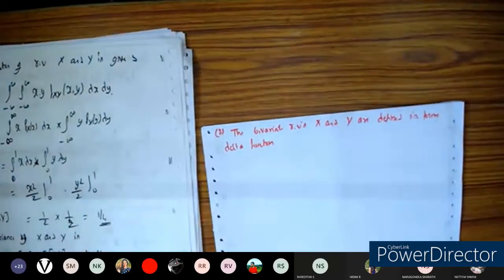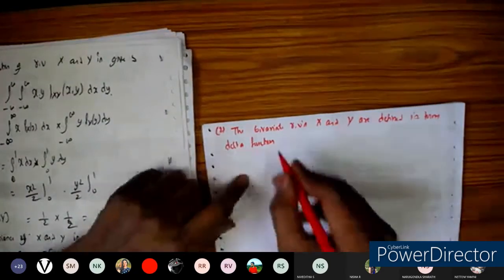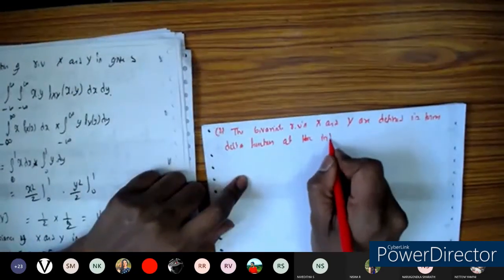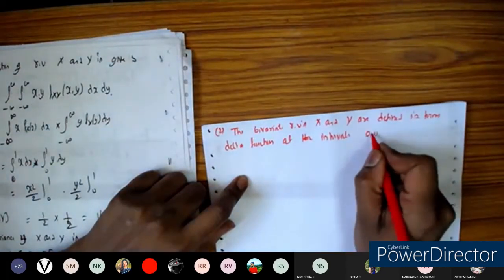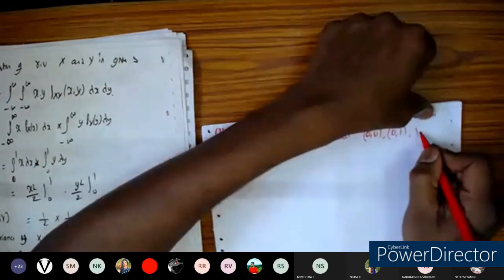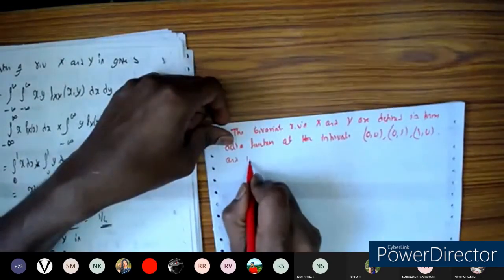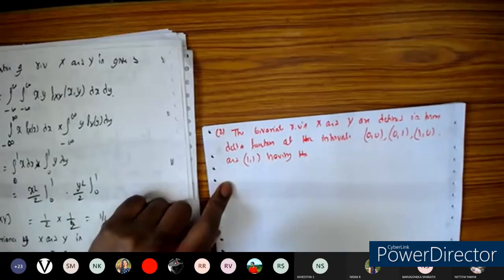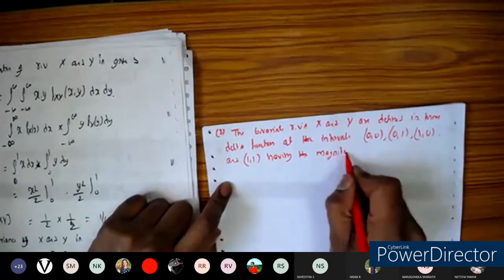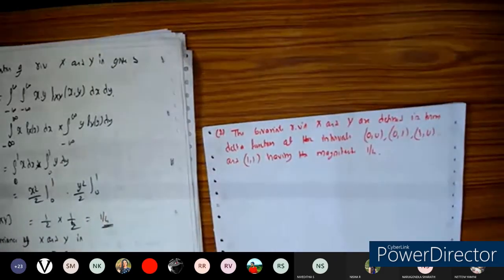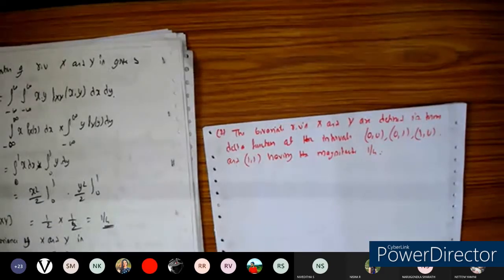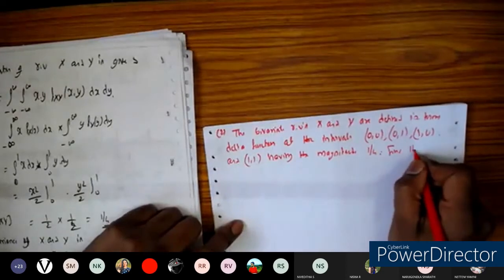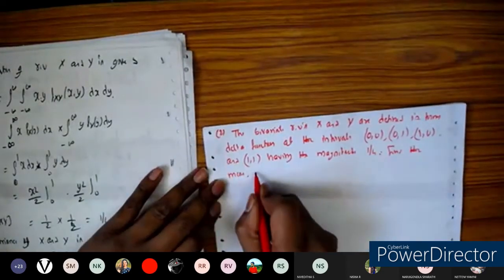Delta function at the intervals 0, 0, 0, 1, 1, 0, and 1, 1, having the magnitude 1 by 4. Find the mean, marginal PDFs,